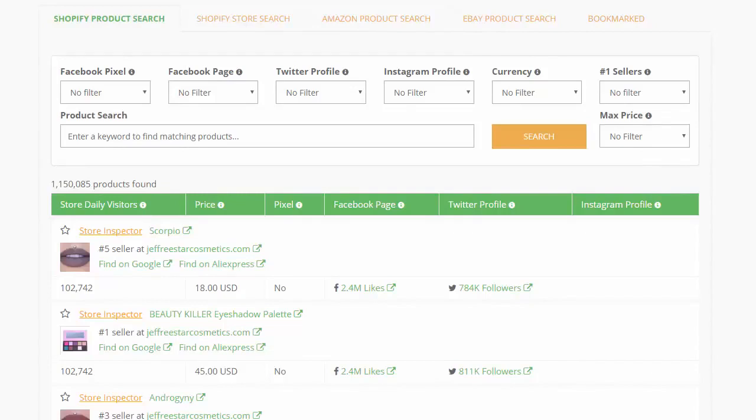topics and different products for your own Shopify store or for any e-commerce store. So don't just think this only applies to Shopify. This can apply to any e-commerce store that you own. So the first tool here is the Shopify product search, and as you can see at the time of recording